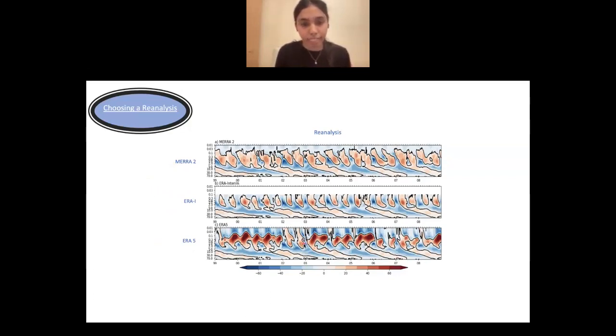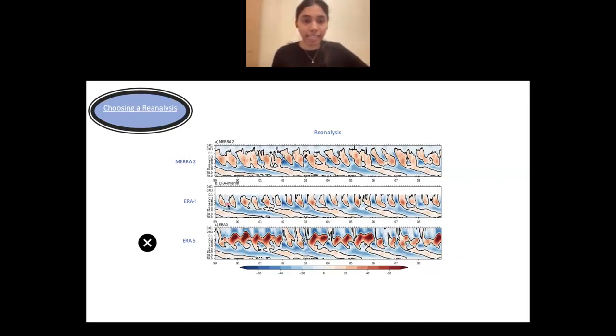And first, if we look at this third panel, ERA-5, above 1 hectopascal, you can see that the westerly winds are going crazy. They have magnitudes of 70 meters per second or higher definitely, and in some cases they reach up to 150 meters per second. So it is actually not realistic compared to the observations that we have seen earlier. So we will have to keep aside ERA-5 for now, but maybe we can revisit it and see what is going on there later on.